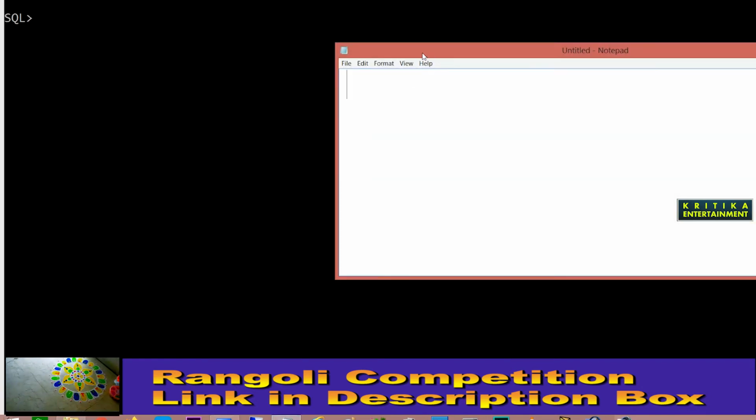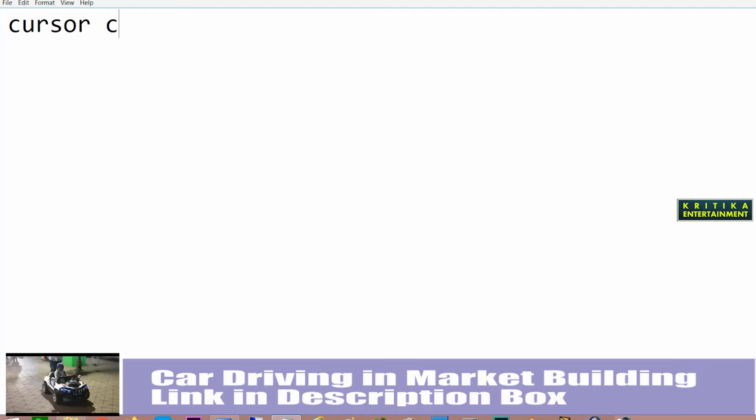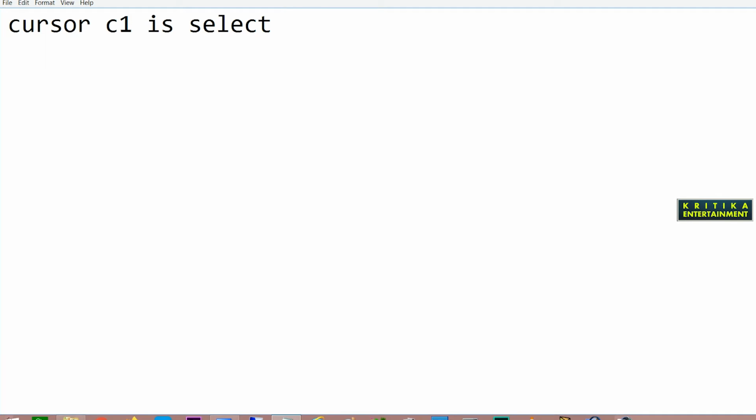So first thing is how to declare the cursor. When you declare the cursor, you write cursor, okay, C1 is the cursor, and then select star from table name.